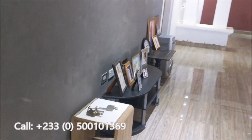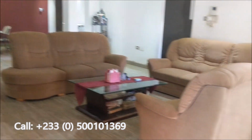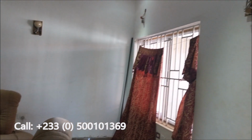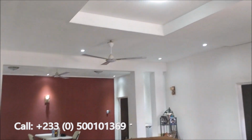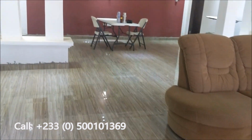That is another door where she closed for extra security. Not to say if people see videos where owners try to put up security features in their house, they tend to conclude that the area is not safe. That's far from it. Tema is one of the safest communities in Ghana, but it's just natural for Ghanaians to